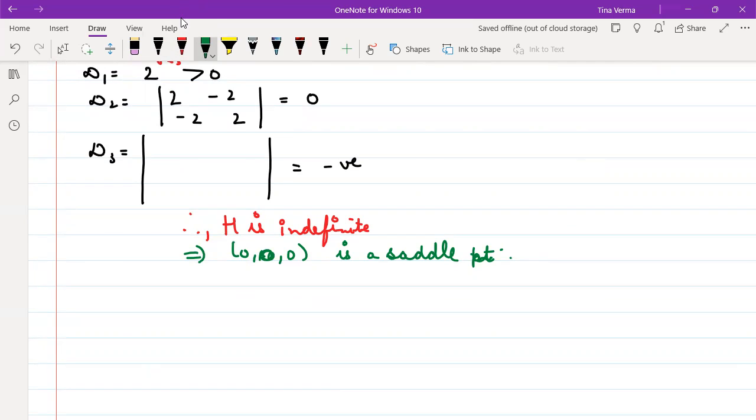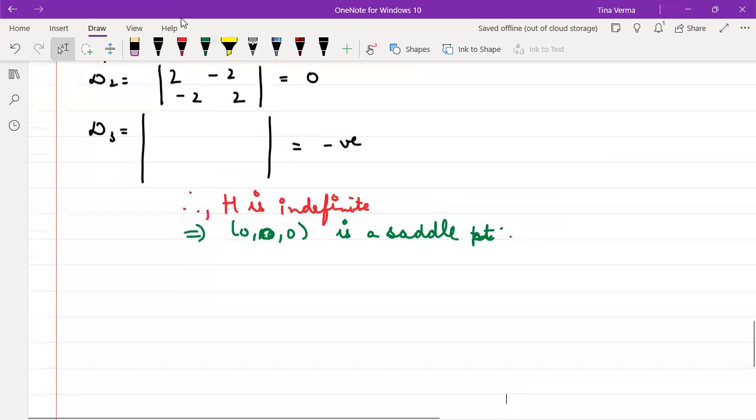Clear? So whenever you have any LPP without constraints, you have to always go for your Hessian matrix, right? Find the stationary point, construct the Hessian matrix and check its nature, right? Next, we are going to do